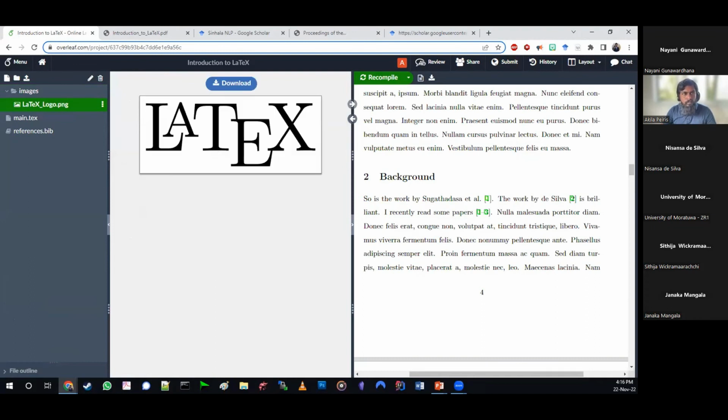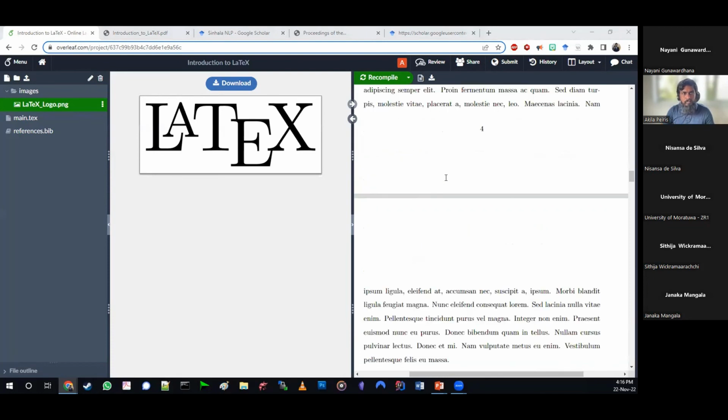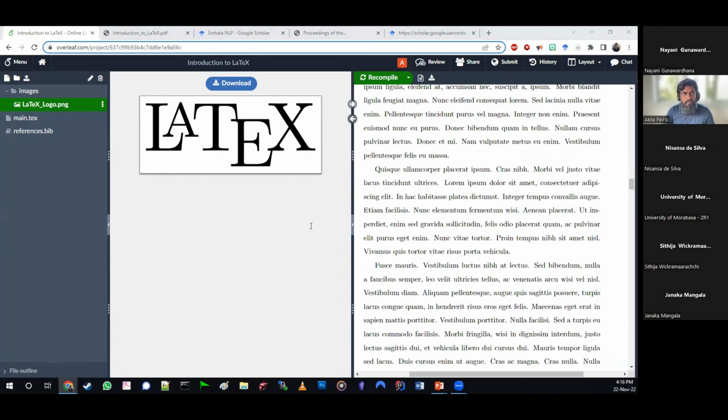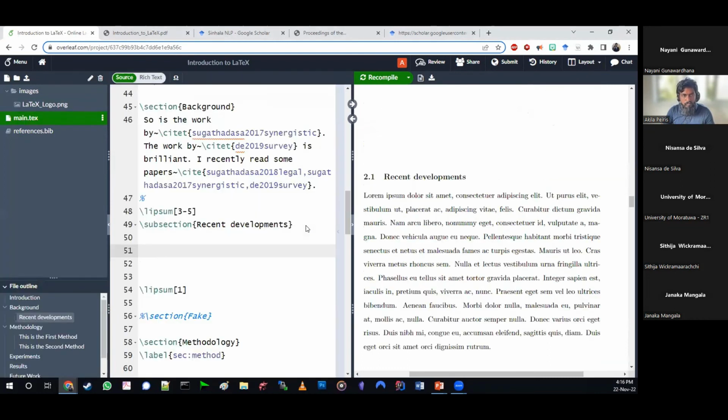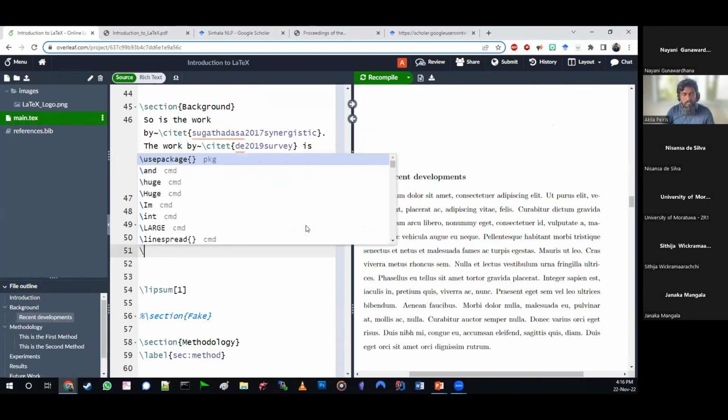So let's try to add the image, right? Now, how do we add an image? Let's add this image under recent developments. So in recent developments, I am going to add this image. So begin what? Begin figure.